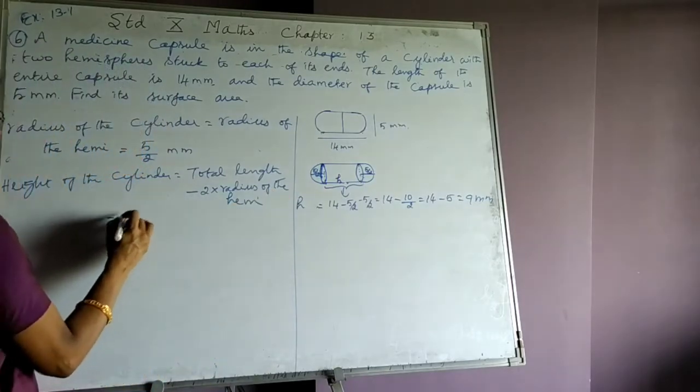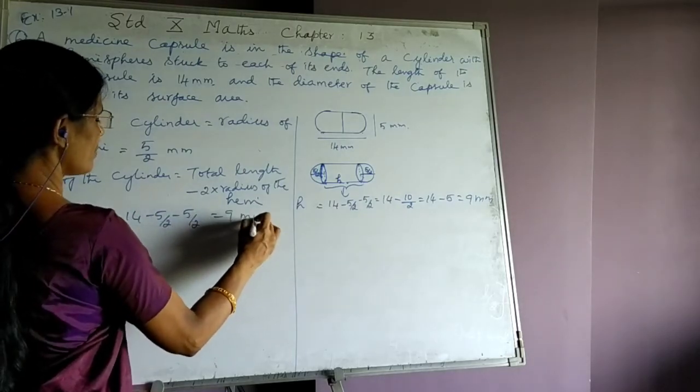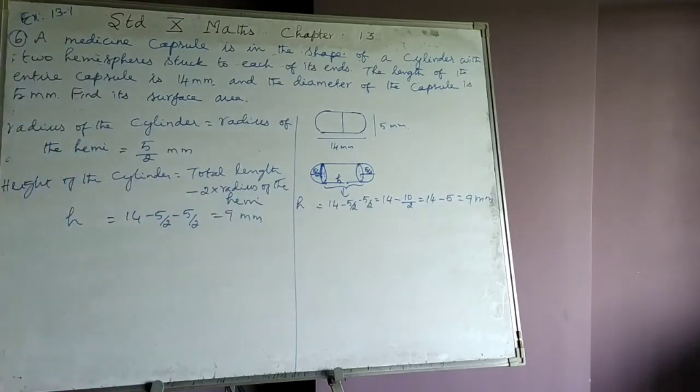Already I had explained this. It is 14 minus 5 upon 2 minus 5 upon 2, which is equal to 9 millimeter. This is the height of the cylinder. So the surface area of the capsule is